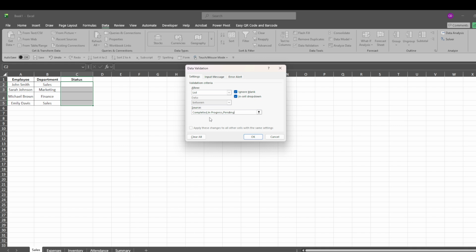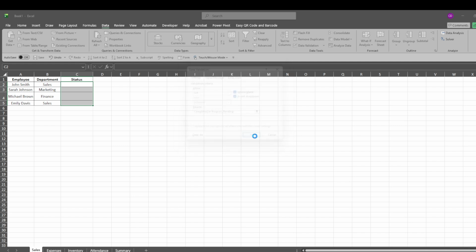After you confirm, click any cell in the selected range. You should now see a drop-down arrow appear in the cell. When you click that arrow, Excel will display the list of available choices, and you can select the option you want instead of typing it manually. In your worksheet, that means each status cell can now be filled quickly and consistently with values like completed, pending,